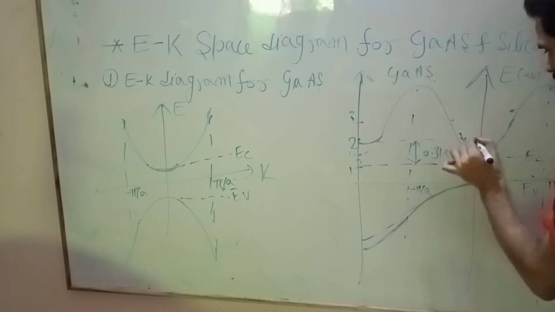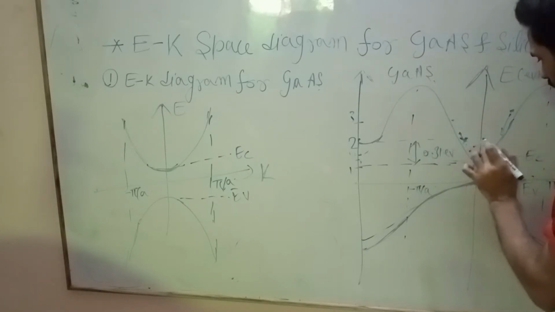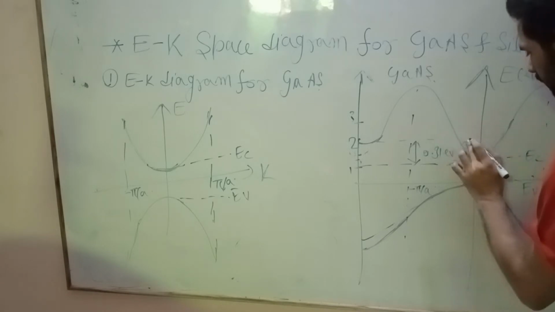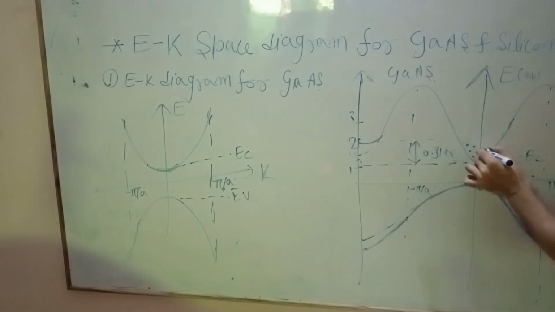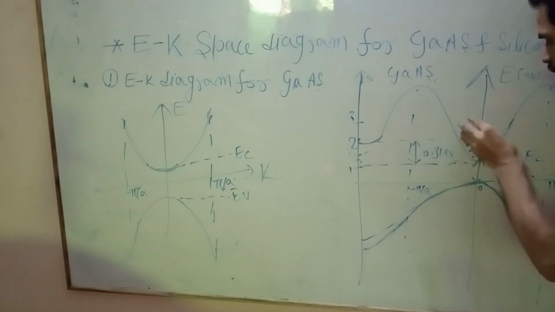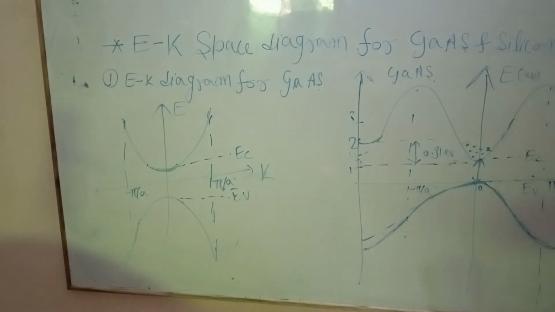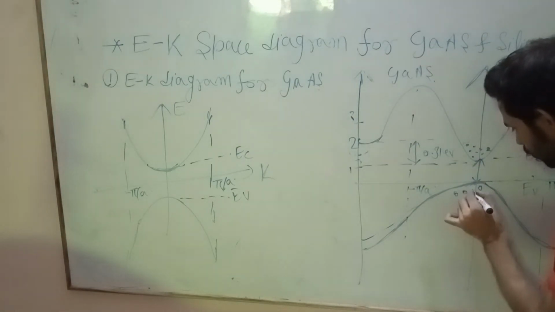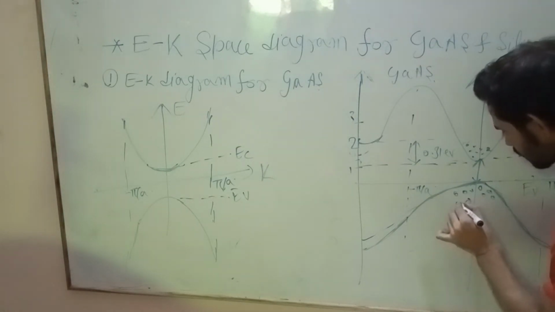But all are tending to settle down at the bottom of the conduction band. Similarly, here are holes in the valence band,